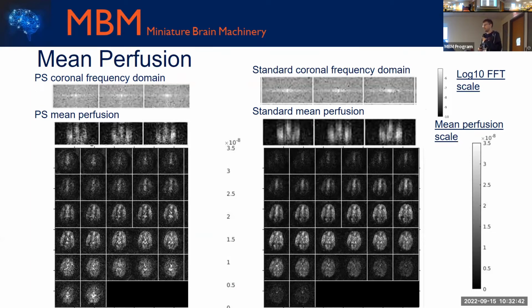So the bottom is the axial perfusion images, where you can't see much of a difference in the data quality. And above that are the coronal slices, and the Z direction is in that inferior-superior direction. You can see a higher sharpness in the partial separability recon compared to the standard recon, which is blurrier in that direction. And above that, we show the frequency domain, where you can see more of a vertical axis